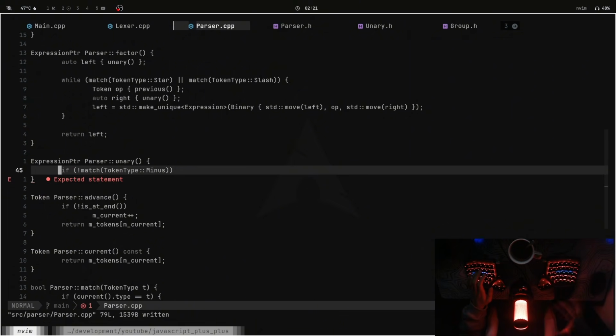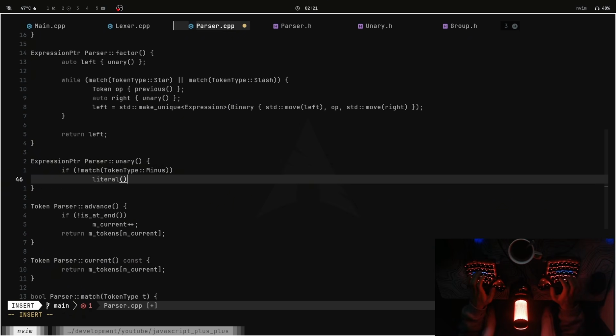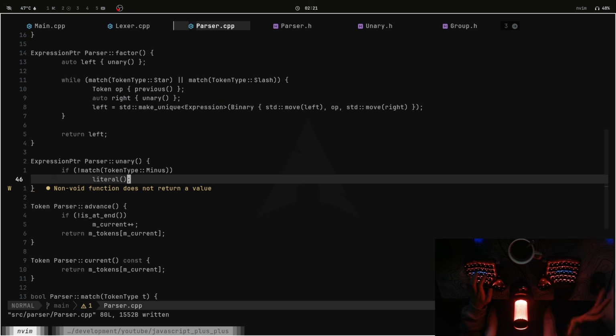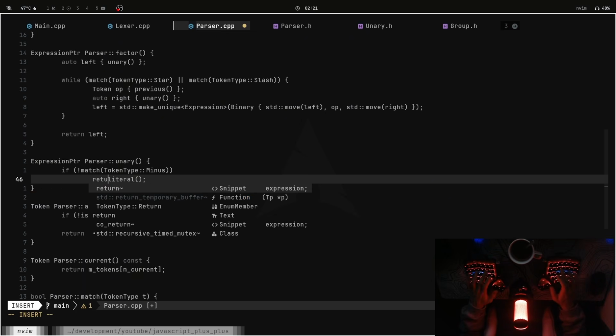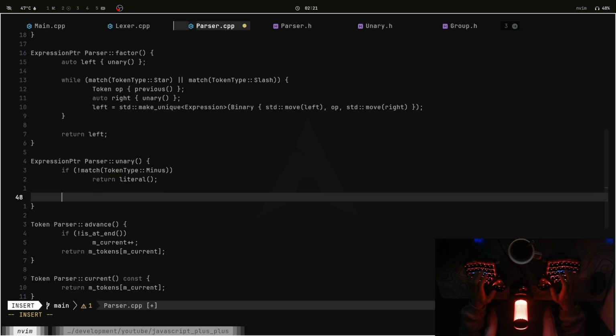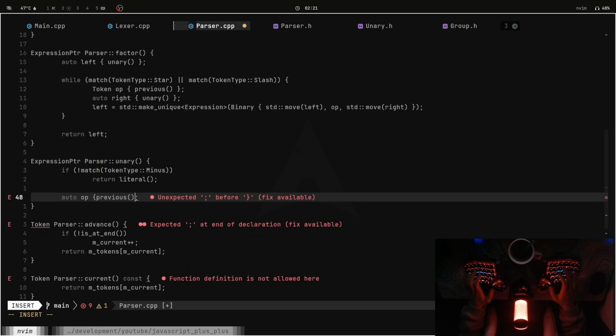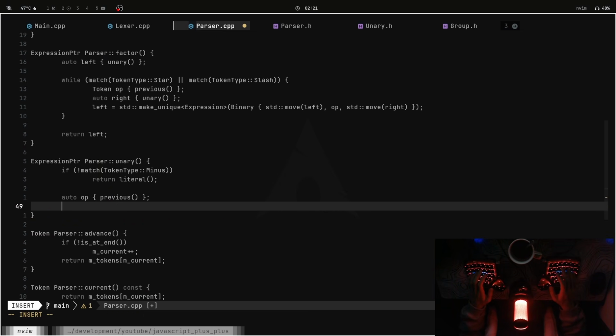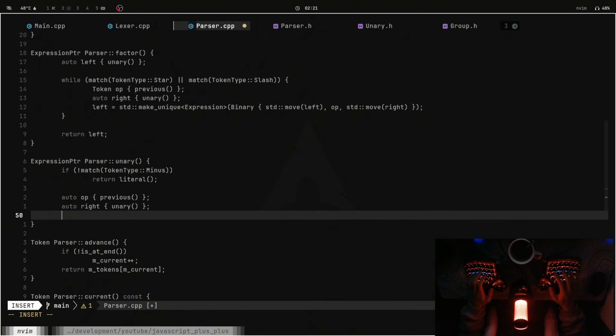Well, if we don't match a minus, so a unary operator, then we know that there must come a literal. So we'll just call that, and that's the highest hierarchy thing, right? So we'll just return this literal. Otherwise, we know that we have this minus operator. So in the previous one, there's the minus. So we'll get the operator, so this is the unary operator. And then, once again, we'll take the right one, and that is a unary. And what we do in there is